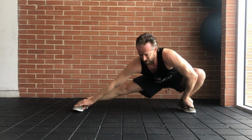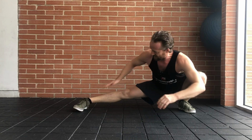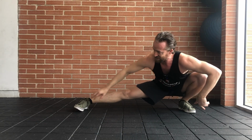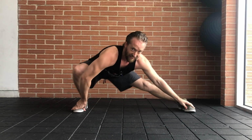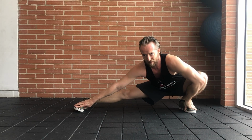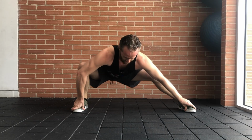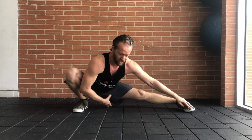As a coaching cue, I like to say, imagine you've got a string line above your hip, and you're not allowed to touch it. So a lot of you will go up really high and then come down, up really high and then come down, but it's not that. You want to keep that string line above the hip, and imagine you're not allowed to touch it. So you've got to keep the hip low, scouring across,